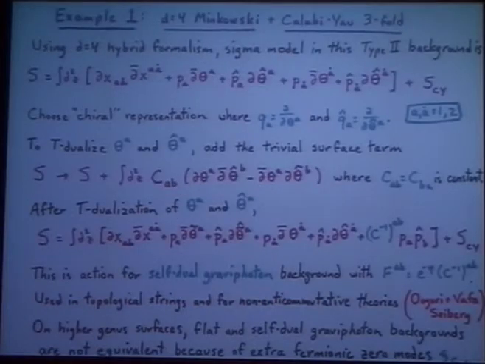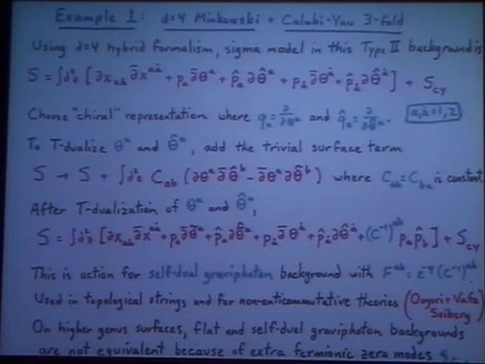Okay, so now let me give some examples. So that's the summary of fermionic T-duality. So the first example is, suppose it's a flat background. So I'll do a little bit better. Suppose it's D equals 4 Minkowski plus some general Calabi-Yau threefold. The Calabi-Yau threefold won't play any role, but I'm only going to do this because it's relevant for topological string